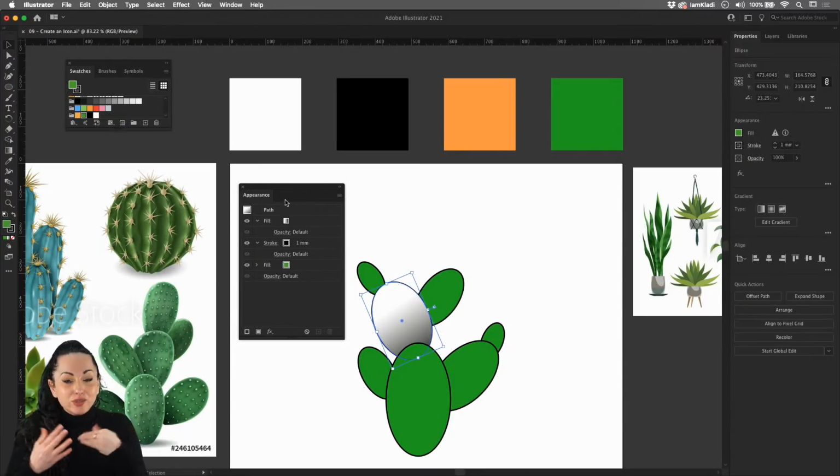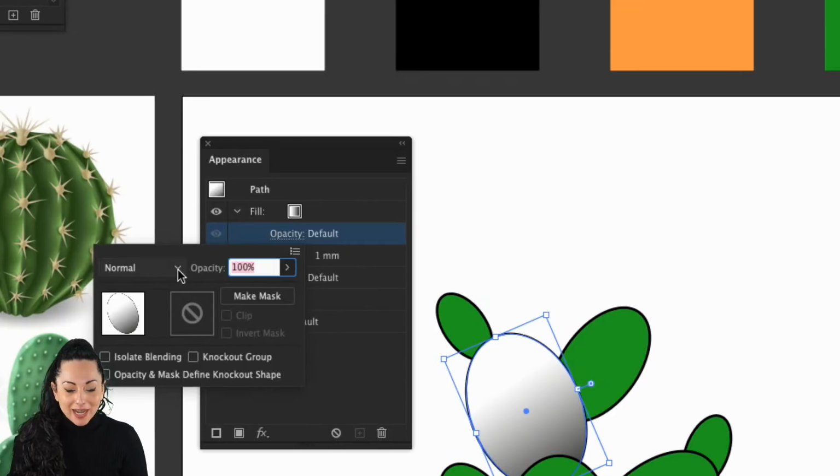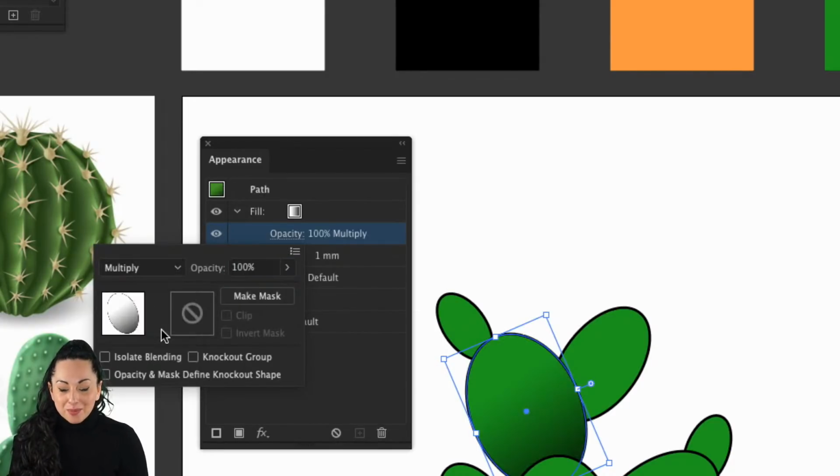But how do we get it to show just so it looks like a shadow and it doesn't look like, you know, this black and white gradient? All we have to do is to click on the opacity, and from there we're going to be able to enter the blending modes. The blending mode that we're looking for is multiply. Multiply allows you to show just the darker color. So as you can see, white basically disappeared, became neutral. We see whatever is underneath, and the darker color that was on the top layer is the only one that comes through. So we actually applied our little shadow there.